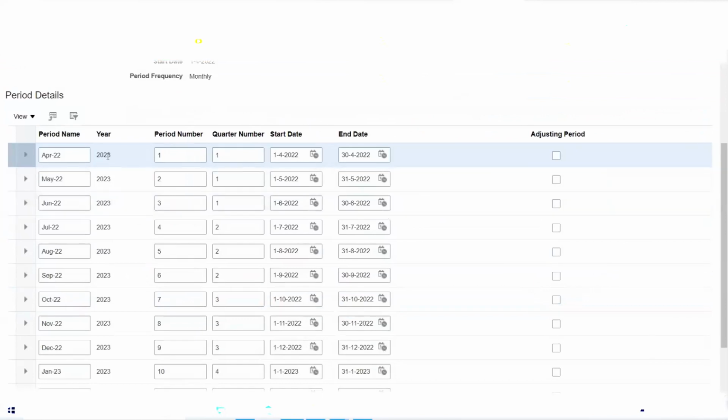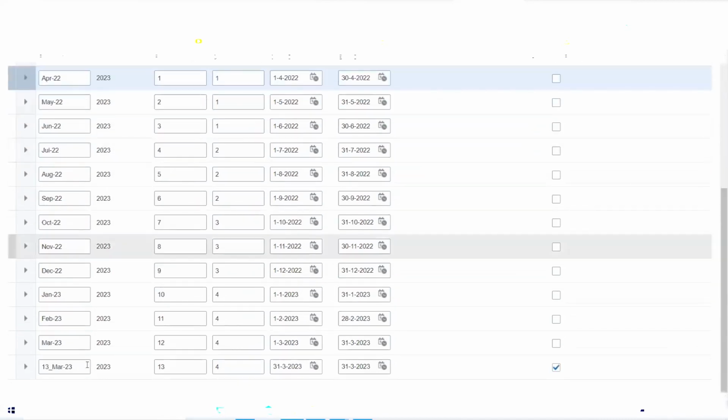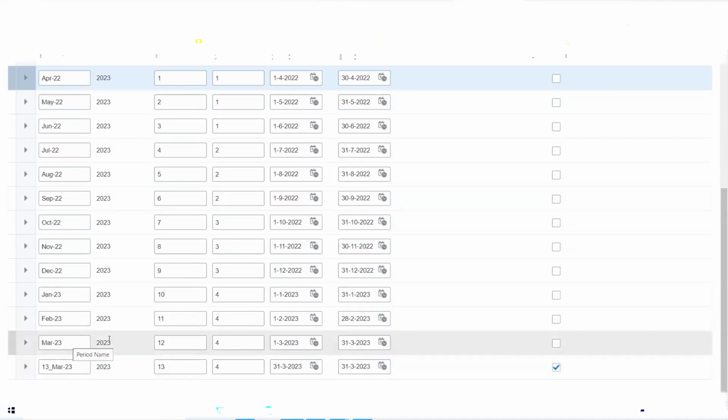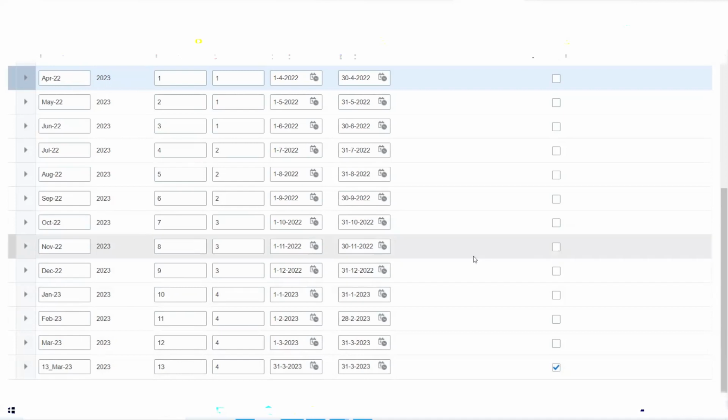So what is the system doing? It is taking the reporting year. Here it is taking 23, but you can see the periods are correct. April 22, we are in the current financial year. The current financial year starts in April 22 and ends in March 23. That's how it is creating the periods. So this is how you can create